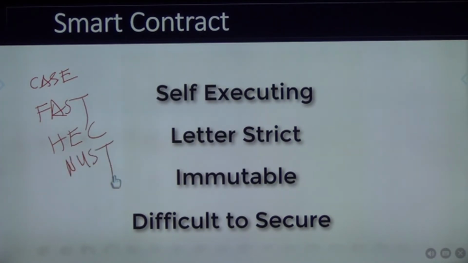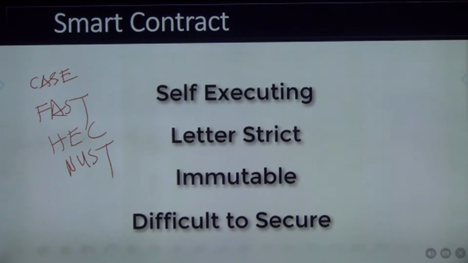And so HEC and then let's say NUST. Okay, so we have the smart contract, and I said you first need to write all the terms and conditions of the smart contract on paper, so that you have an MOU and mutual understanding of how this whole thing will work, and you figure out all the clauses in the contract. Okay, all the clauses, the registration process, how FAST is going to validate whether this person is a registered student of CASE, and CASE validating NUST.